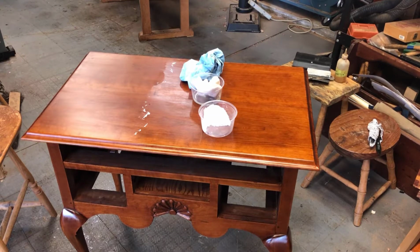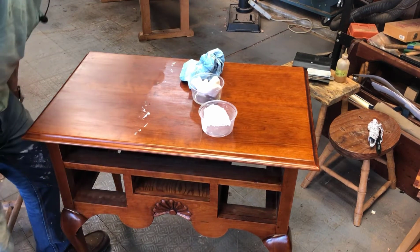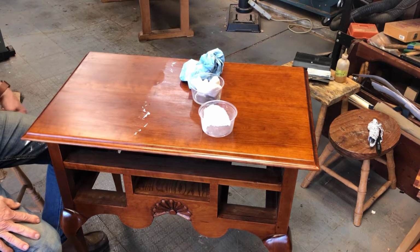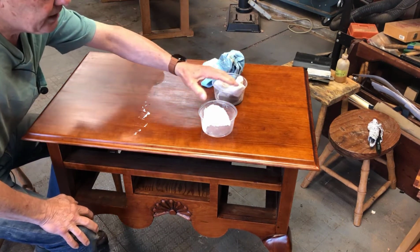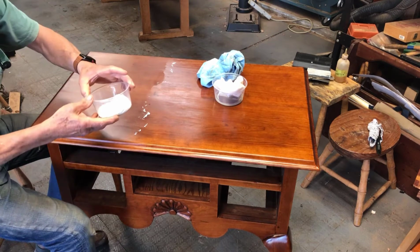I'm on the last step of the refinishing on this console or Lowboy Queen Anne style in cherry. And this last stage is the rub out stage, and I've got some 6-aught or 6F pumice powder